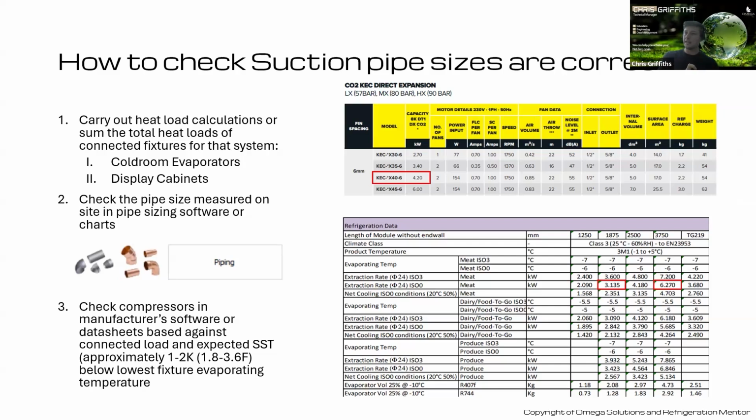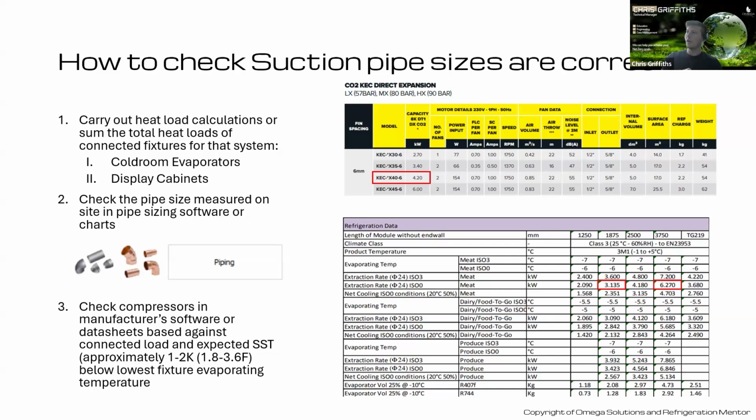Just to set the basis for this, we're going to look at an example system which has a cold room evaporator and 2 display cabinets connected to it. It's only a small condensing unit. Say this may be a small retailer or convenience store. So we're going to have our pipe sizing selection software. We're going to check compressors, manufacturer's data sheets, and we're going to have an example of a couple of selections